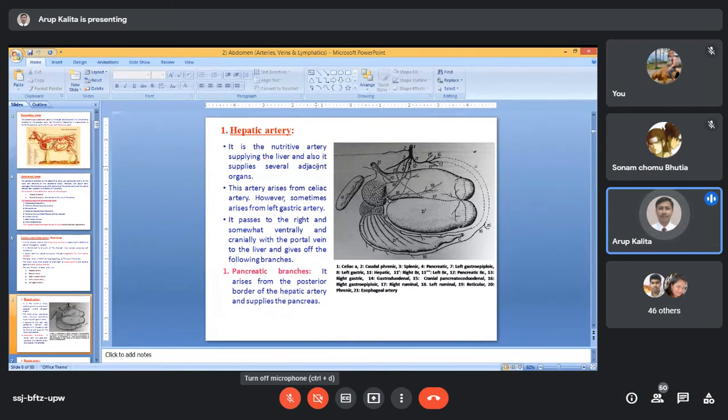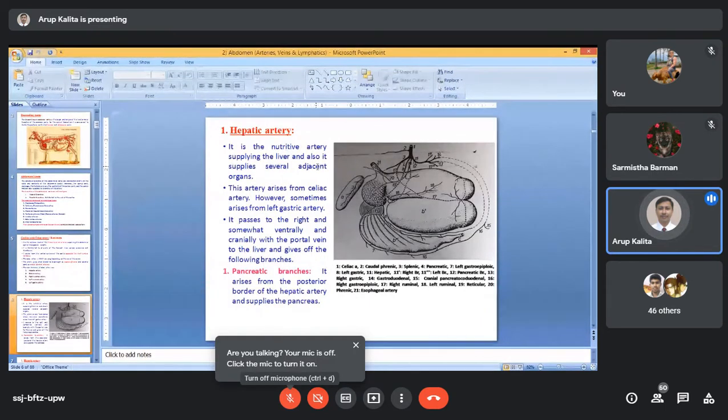The functional blood is supplied to the liver by which structure? I taught this. Hepatic portal vein. Yes, hepatic portal vein. So the hepatic portal vein carries the functional blood to the liver, and nutritive blood means oxygenated blood that will be going to the liver via the hepatic artery. And hepatic portal vein, functional blood, is deoxygenated blood that will come from the intestine.